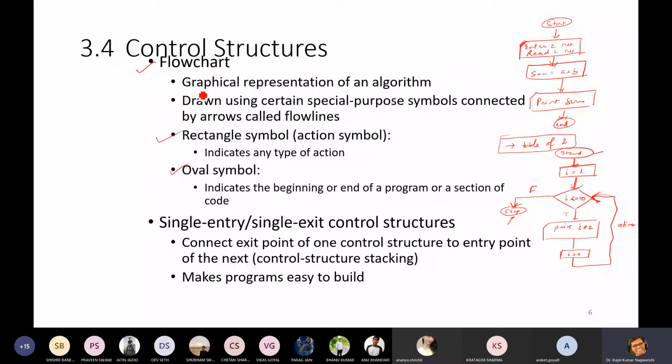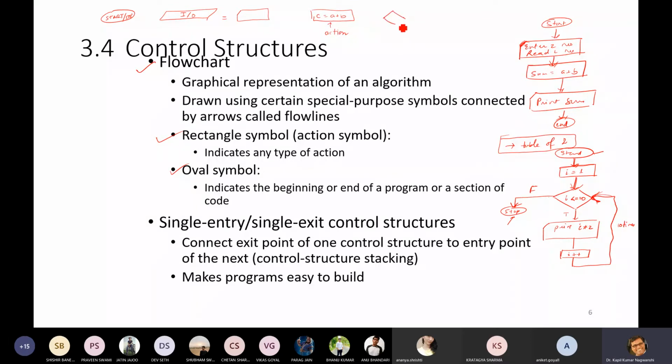Control structures can be shown by graphical representation. You must know that this is the terminal, used for start or stop. Then for the input statement, for taking input, we use this type of box or a SIM card style box. Both are equivalent. Then action, like c equals a plus b, is used in the action box.